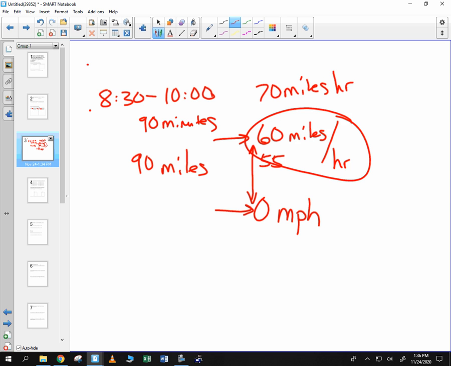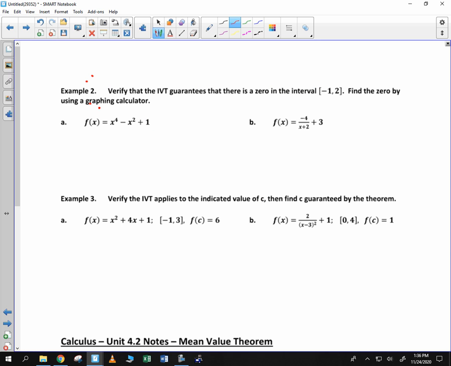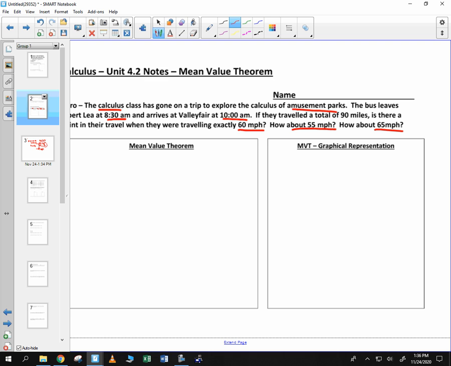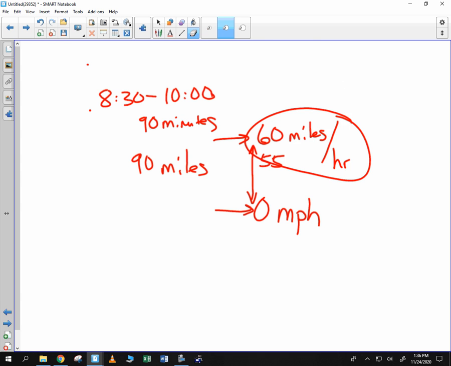But now here's a little bit more challenging of a question. We'll let you think about this. Is there a time where I have to be going 65 miles per hour? Huh. I don't know. I mean, the average rate of change is 60. Maybe we could reason that if we started at 0 miles per hour, we'd have to get to 61 or 62. But would we have to get to 65? The fact is there's nothing that suggests we would have to get to 65.